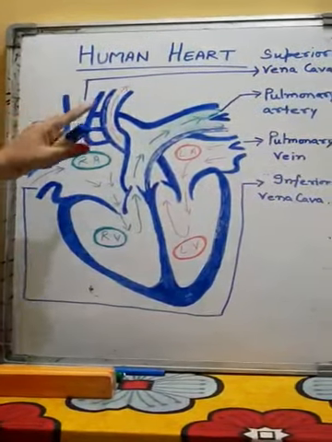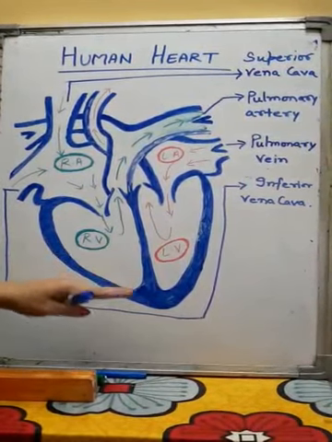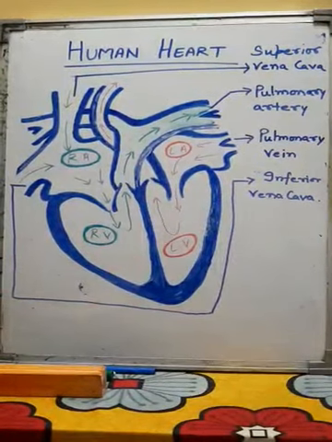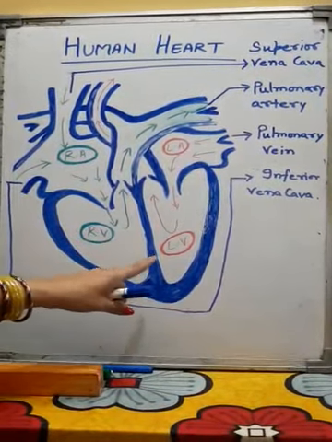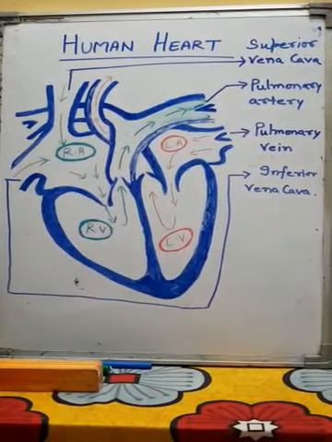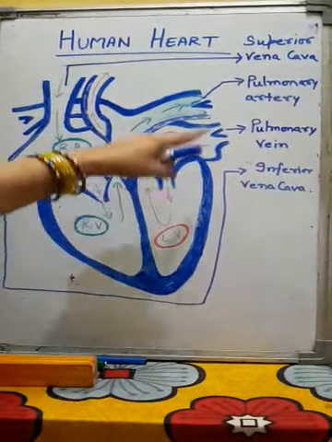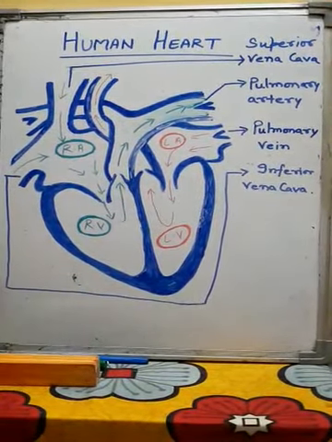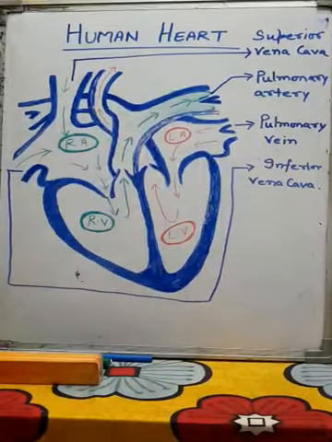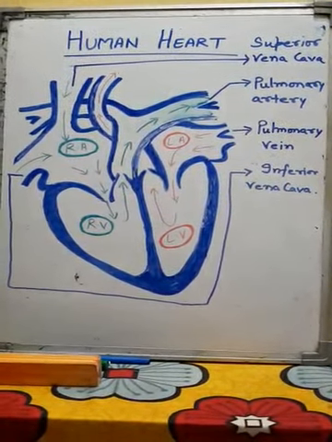Heart is present in the thoracic cavity between two lungs over the diaphragm. It rests on the diaphragm between two lungs. Heart is slightly tilted towards the left. It is covered by a narrow fluid-filled membranous sac called pericardium. Pericardium helps in frictionless movement, and it provides protection from shock, jerk and injury.